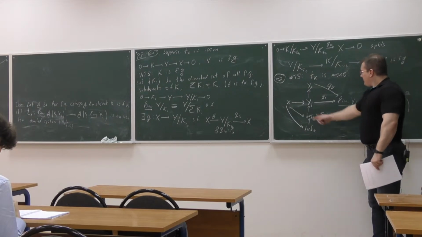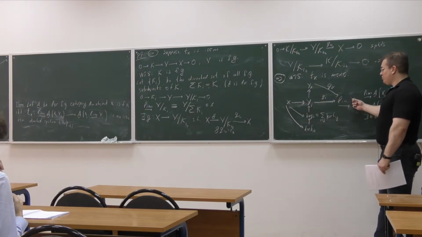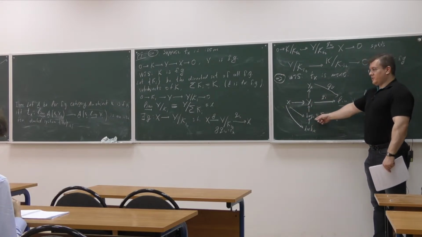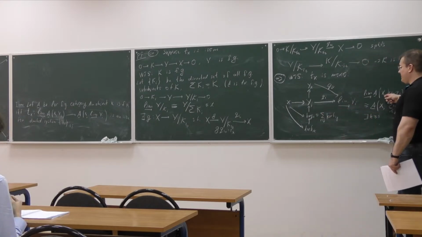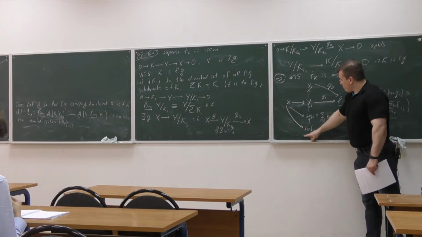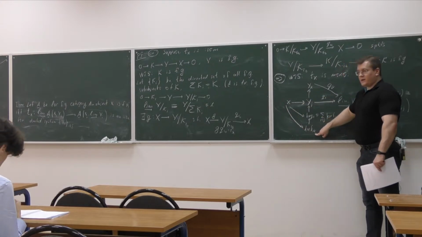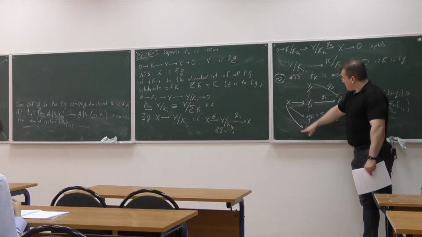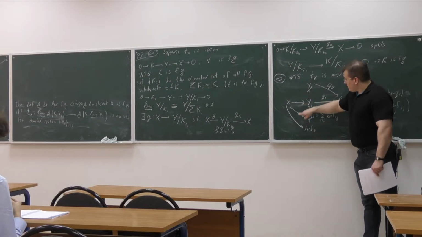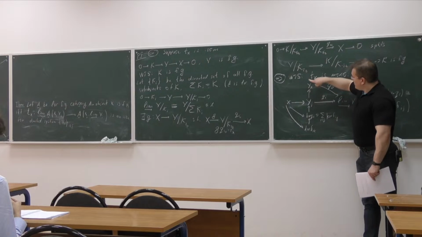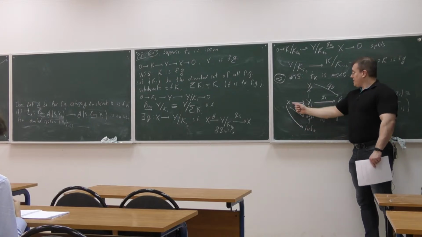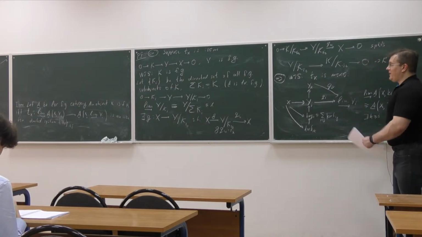And the proof is the following. If I know that this is 0, clearly, just by definition of the kernel, this map factors through the kernel. Now for the kernel I have this description. Looking at this formula, I can say that this map actually factors through some map for the object kernel Fik, right? But now, if I look at this whole composition from the x to this kernel, which is the same thing as this map, both triangles are commutative, so this whole map from the x to the yk is 0. So this means that this map is equivalent to a 0 map. So this is a monomorphism.